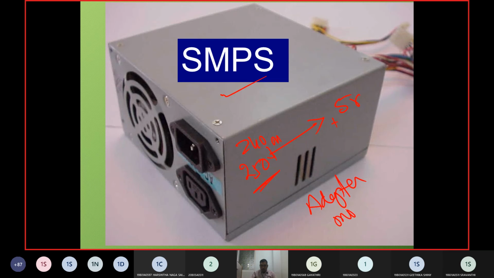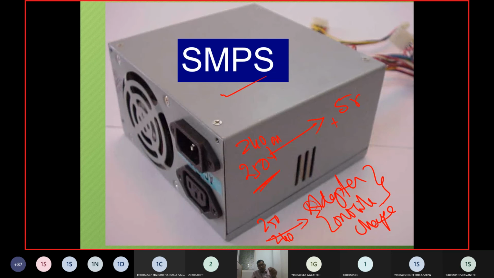Your mobile charger, the pet name of the mobile charger, you call it a mobile adapter. You connect this directly to the switchboard. How much current is going to come to the switchboard? It will be 240. If you push 240 to your mobile phone, it will be burnt directly.